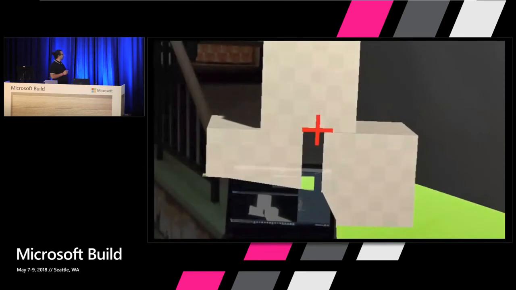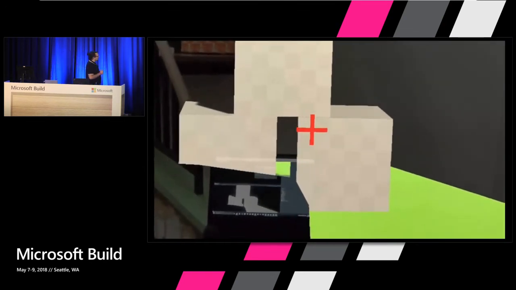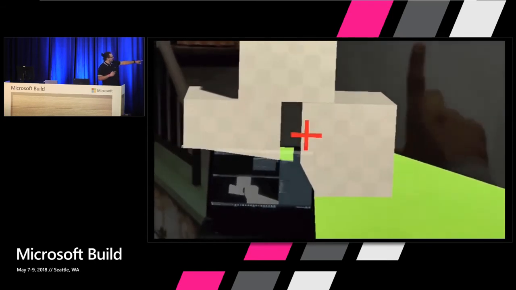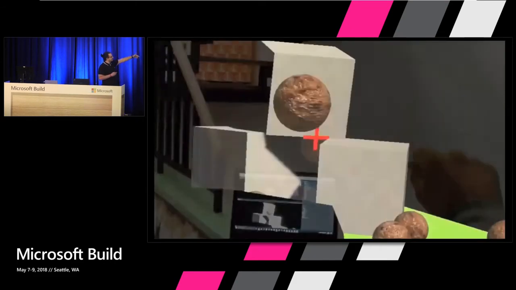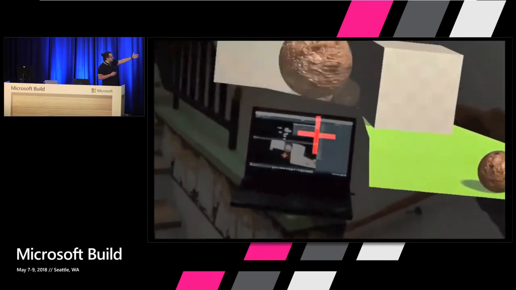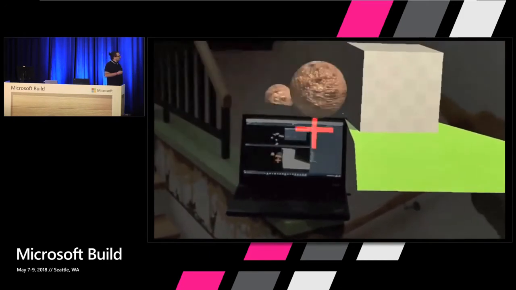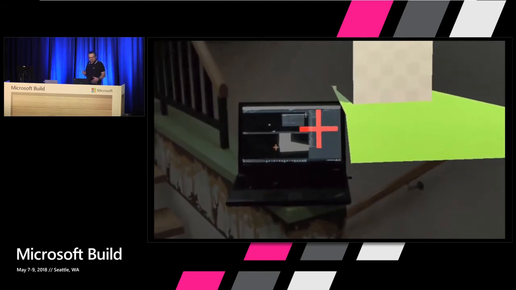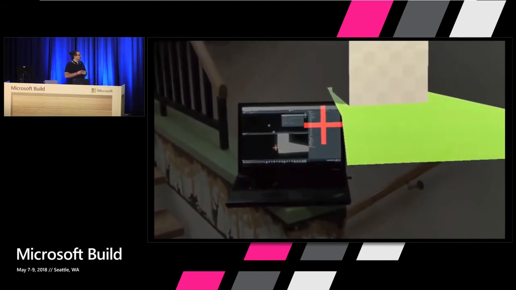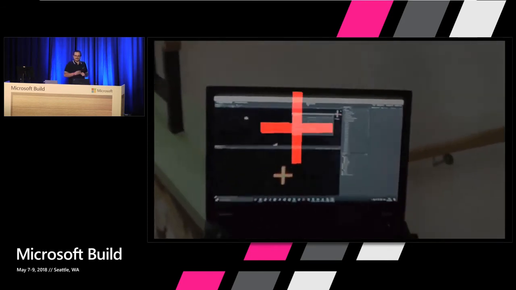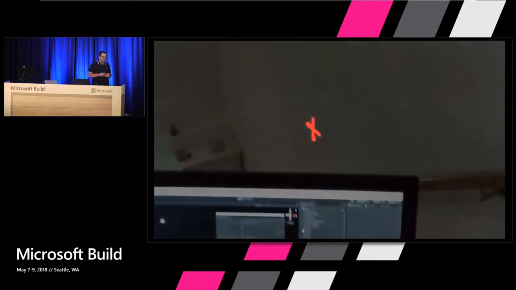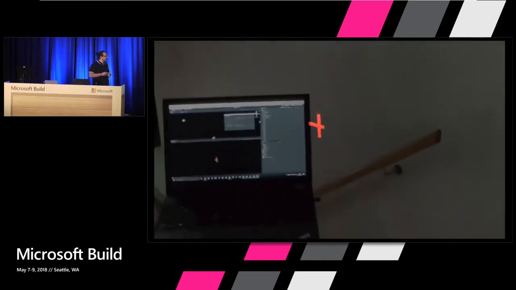Let me show that video real quick here. So you can see there's a laptop in the background. That's my laptop running Unity. And in the front, well, that's what I see with the HoloLens. And you can see if I shoot this stuff there, it will actually also update there on the PC, because the PC is actually rendering the scene, right? As you can see, the latency is really not that long. It's pretty short. And that really boils down to having a good Wi-Fi setup. So it's definitely a good solution if you have very large models and there is no option for reducing those upfront. You can use holographic remoting.